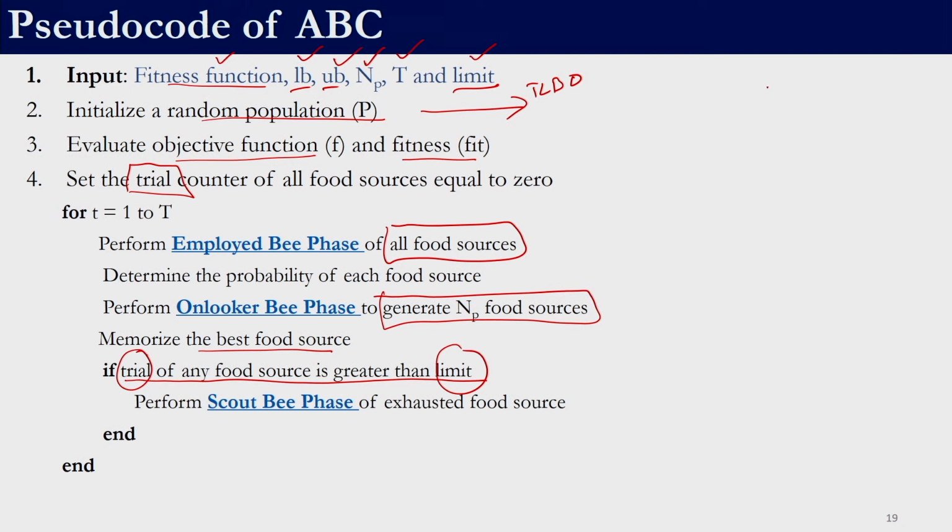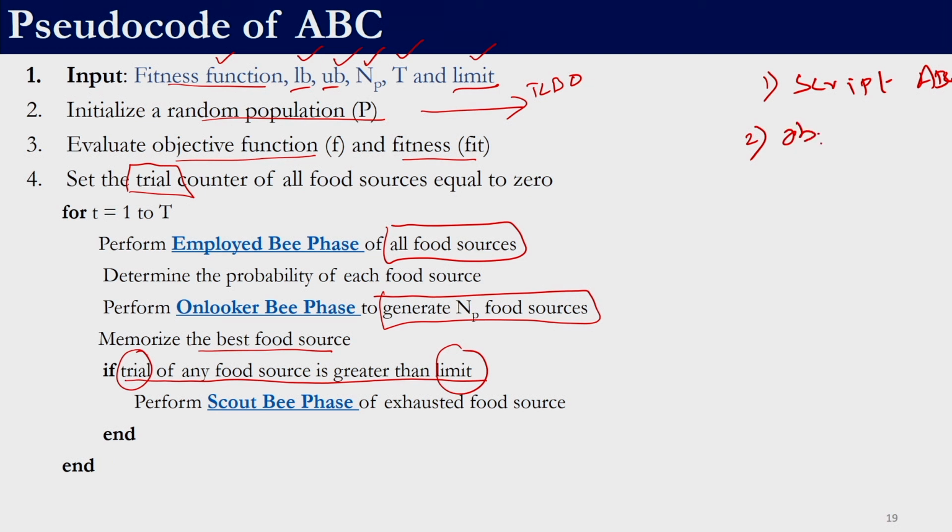We will have a main script file for ABC to begin with, script ABC. In that script ABC we will implement this. Similar to last time, we had kept the objective function out of the script. Whenever we required the objective function to be evaluated, we access that objective function file.